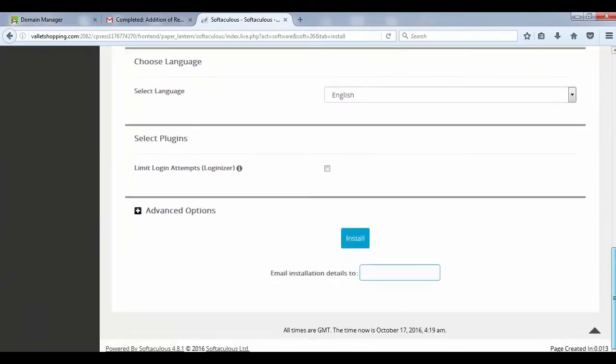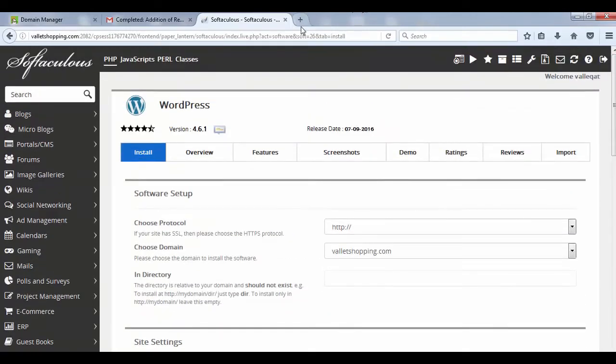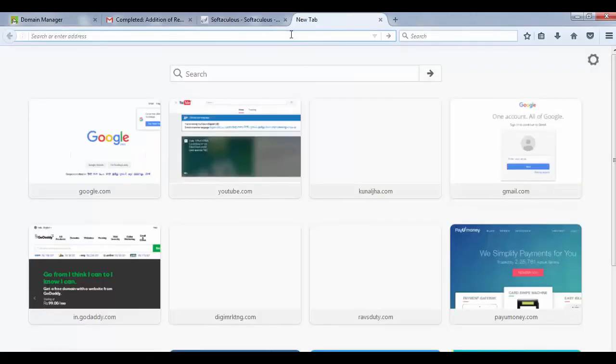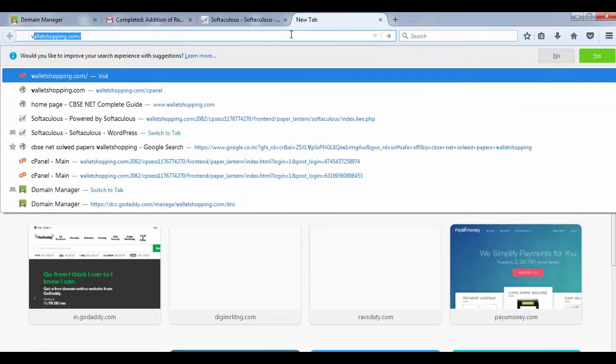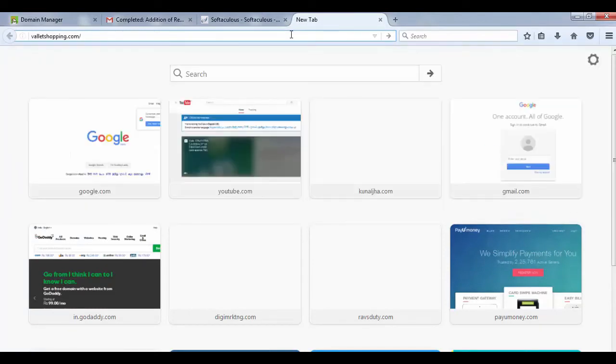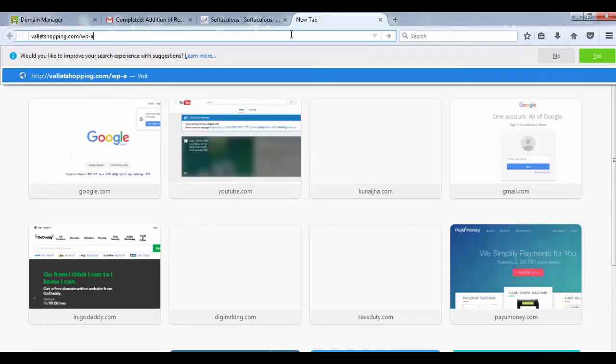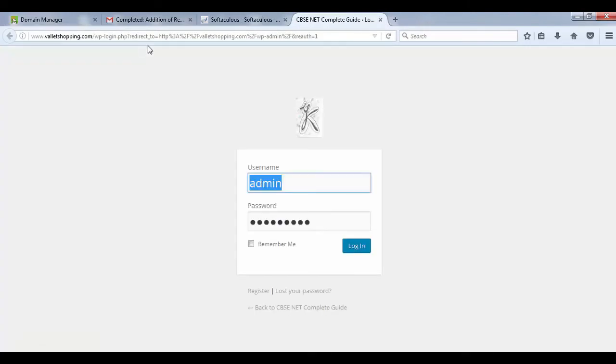Once your WordPress is installed, you just need to type in your search bar your domain name followed by slash wp-admin. Every time you need to log into your WordPress website, you need to manually enter this wp-admin. So either you can make it a bookmark or anything.